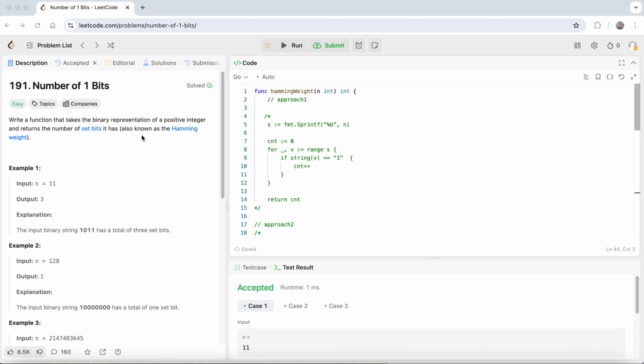Let's solve an easy problem from LeetCode. It's Number of 1 Bits. We'll see different approaches to solve this problem. In this way, we'll get ideas to deal with binary operations